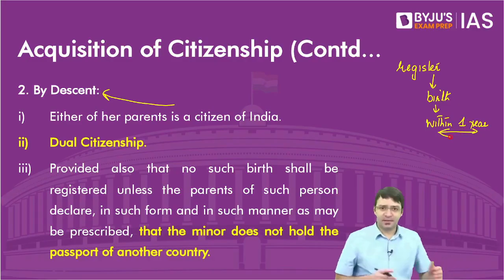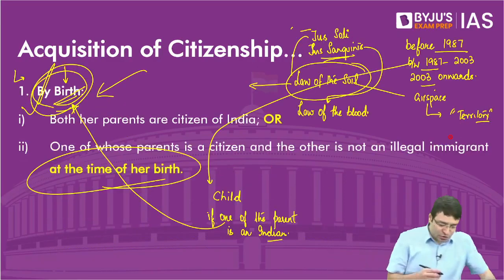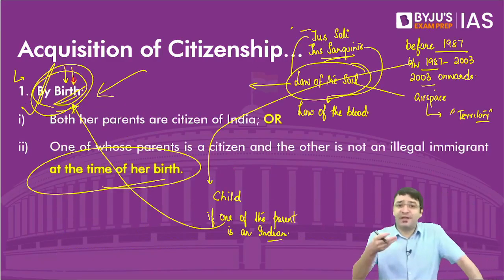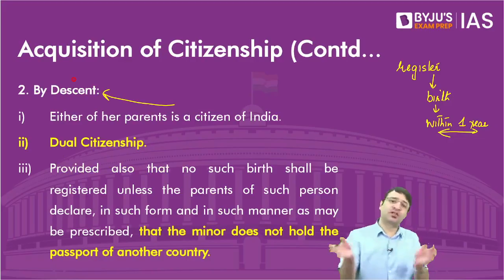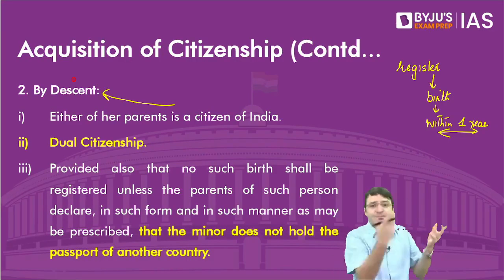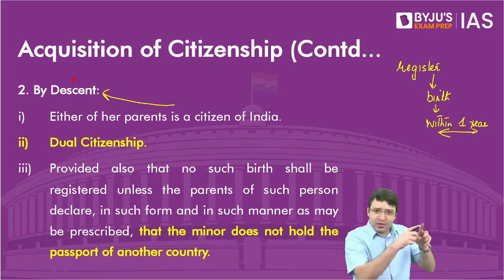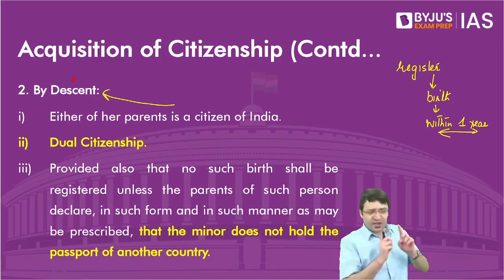One year in the sense, the child is born not within the territory of India, not on the soil of India. So this child cannot become the citizen of India by birth, because the child is not born on the soil of India, but the child is born outside the territory of India, but to an Indian parent. Maybe both the parents are Indians, or one of the parents is an Indian. This child, who is related to India by blood through descent, can also become an Indian citizen, provided